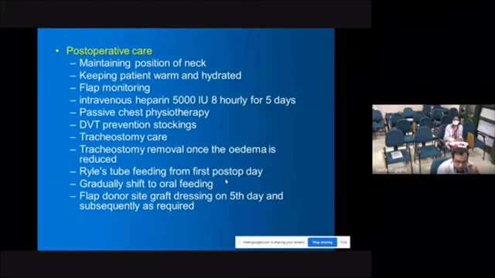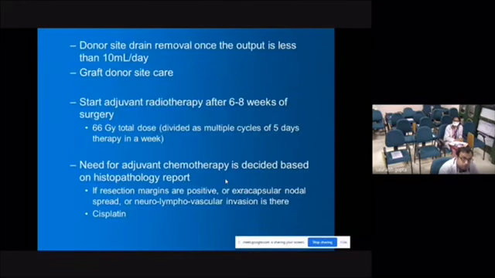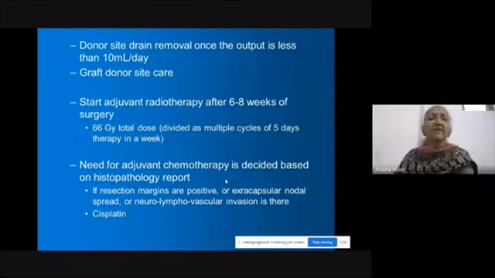Tracheostomy will be removed once the edema is reduced. Ryle's tube feeding will be started on the first post-op day, and gradually will shift to oral feeding. The flap donor side graft dressing will be opened on the 5th day and subsequently as required. Donor side drain removal once the output is less than